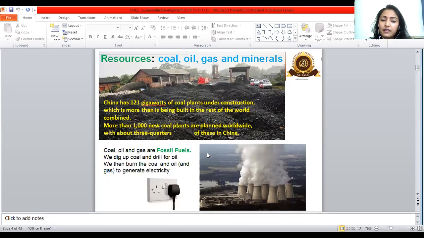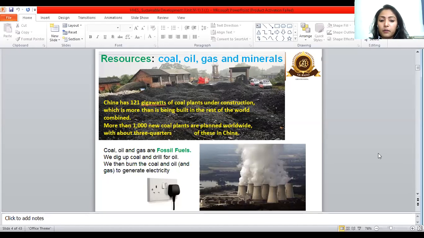Of course, why are they constructing so many coal plants if not to use that coal in the future, and until the coal is burnt, it cannot be used. So can we predict the effect on the climate and the air pollution? That would be humongous. This is one of the matters of concern globally. If one country follows some practice, that practice is not just affecting that country or giving benefit to that country, it may have adverse effects on other countries across the globe.